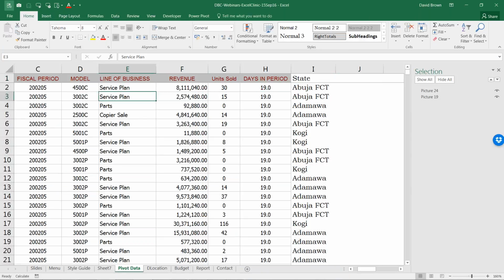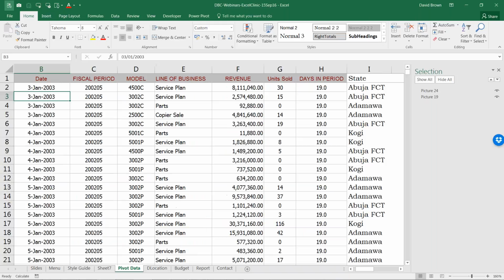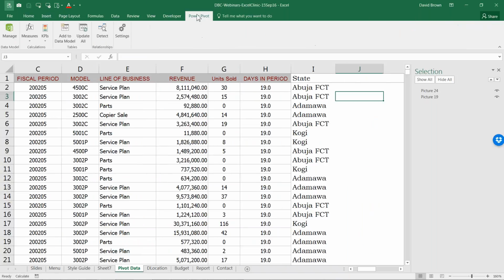So now I'm going to introduce something else. I'm going to introduce Power Pivot. Now, Power Pivot is an excellent tool. That is a tool that basically allows you to work with different data sources all at once, and you build something called a data model. Power Pivot is basically SQL. Microsoft has just given us the whole of SQL capabilities inside Excel. Now, this is a very, very big thing. I probably will do another full 1-hour webinar on Power Pivot, maybe sometime. If you guys ask a lot about Power Pivot, I'll do that.